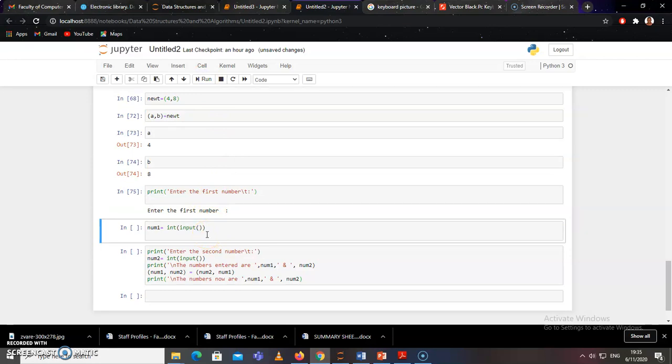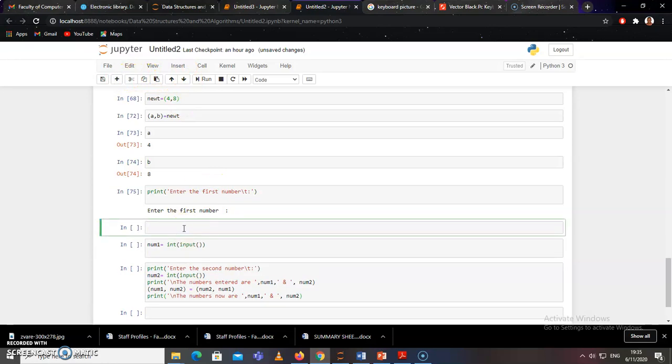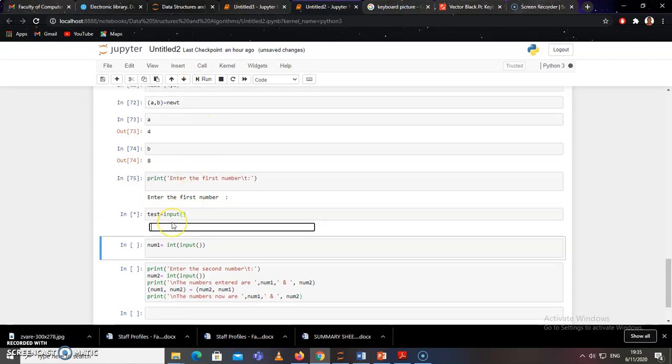So if you want the user to enter something on the screen, you use input, right? Let's say we want a test case. That input is a function that accepts whatever keys are written on the keyboard by the user. It is going to be captured, saved and assigned to the test variable, such that